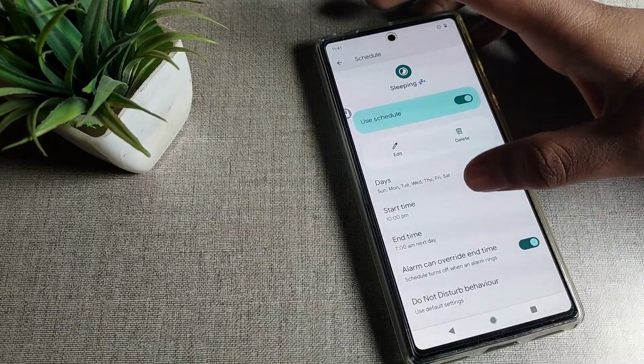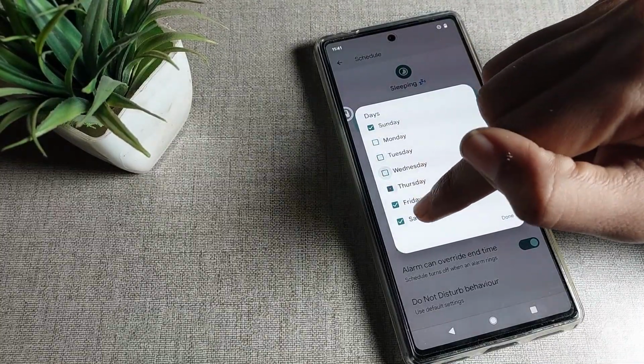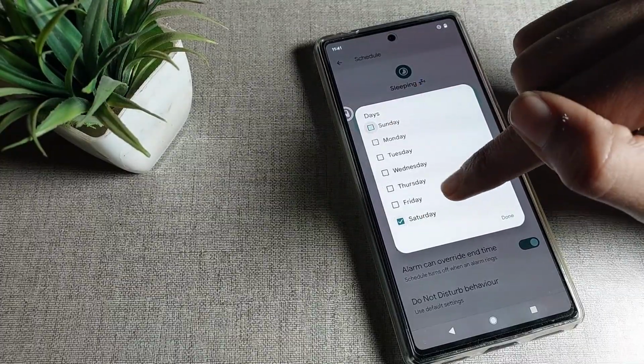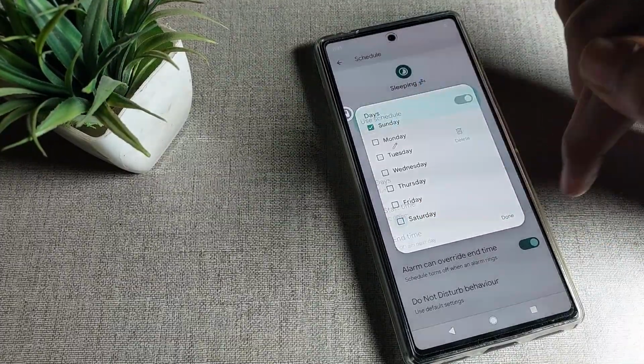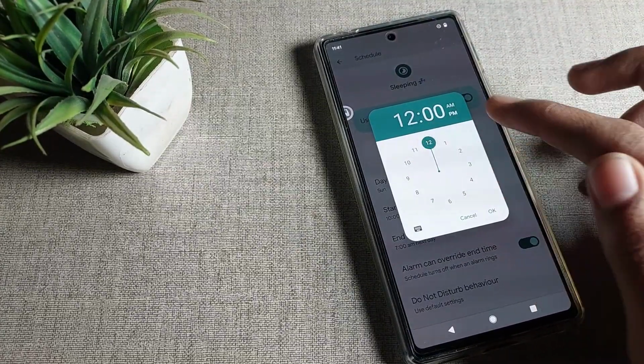We will turn it on. After turning it on, you can see the days. Friends, Monday, Tuesday, Wednesday, you can turn each on or off. You can turn on only Sunday, or only Saturday, if you want. So you can set the days from here. Then the start time, and you can see your time. Friends, if you want to set your custom time,